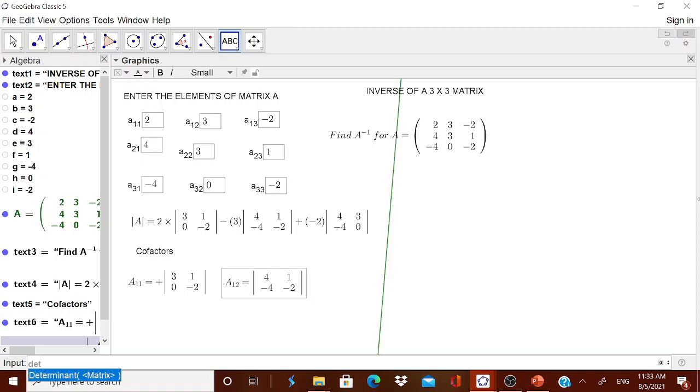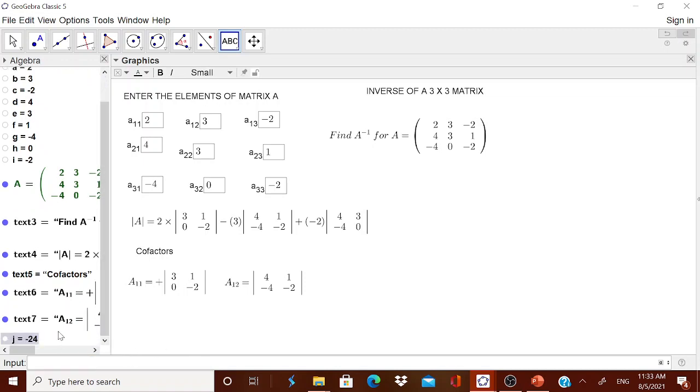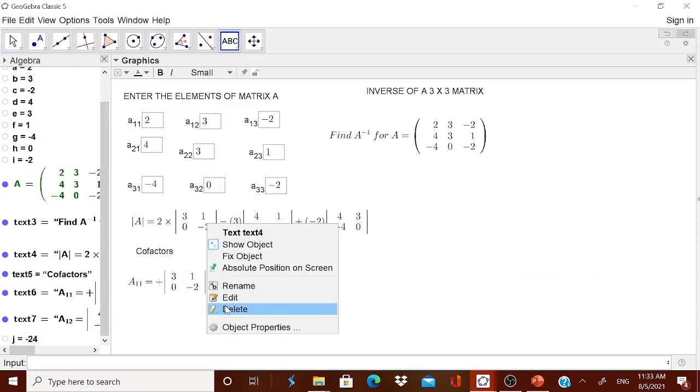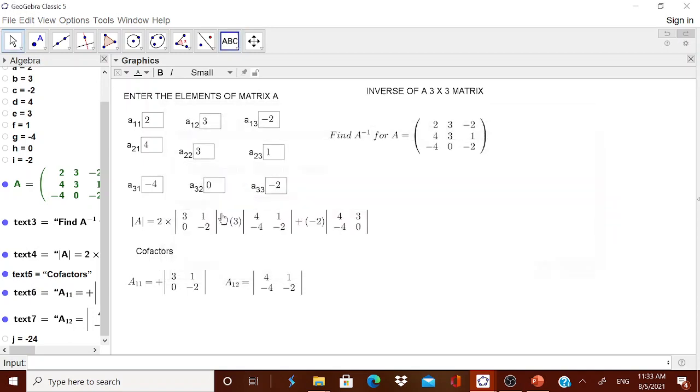Now, remember the determinant of the matrix. There is a ready-made formula available in GeoGebra, so you type only determinant, but remember this can be done only when the capital A is already done by you. Therefore, determinant of capital A. Now I am doing it directly for you. Well, now the value is 24. Therefore this value is 24, whatever you have done over here, and you can calculate it any number of times.